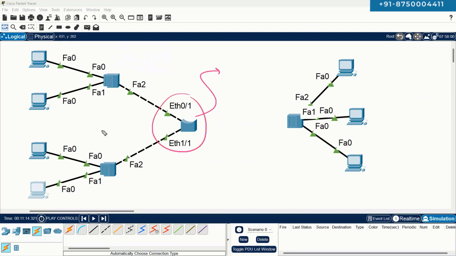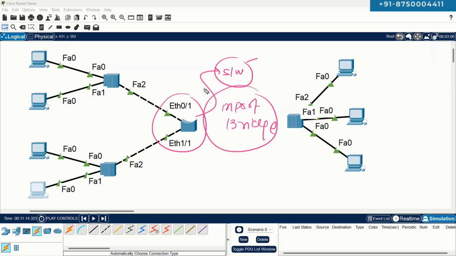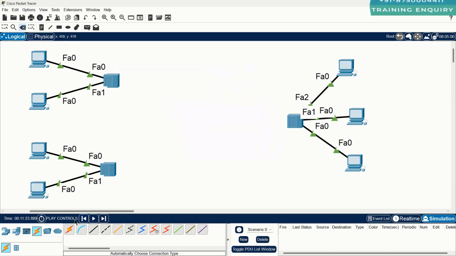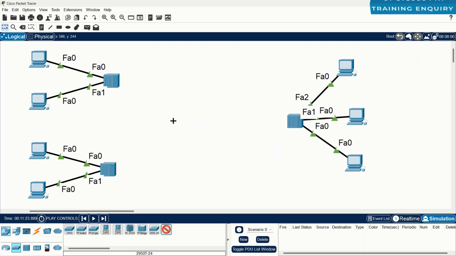Then they advanced the technology, and then they created switches. Switches were basically just multi-port bridges. So all the functionalities that bridges had were there on the switches as well. We can purchase a basic switch like a 2950 series Catalyst switch platform, or a high-end 3650, 3670, whatever switch